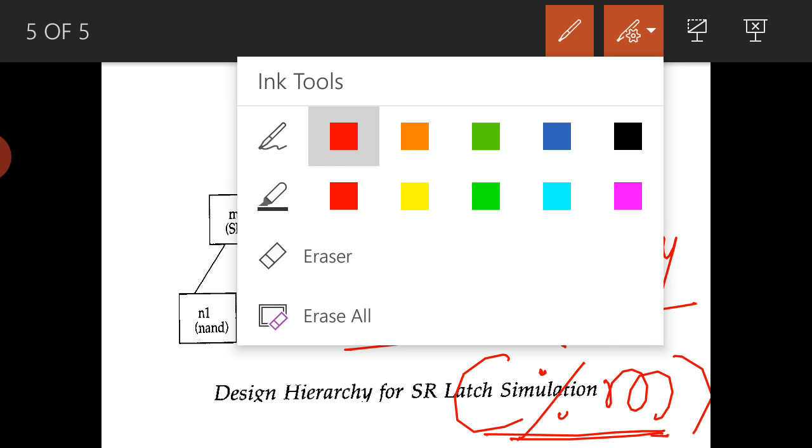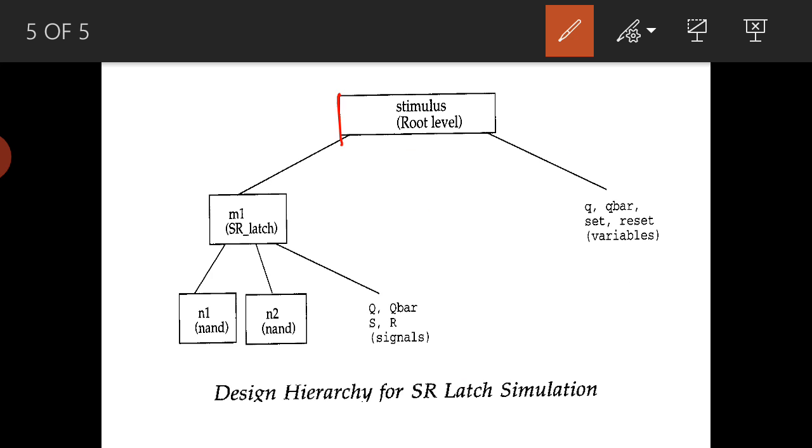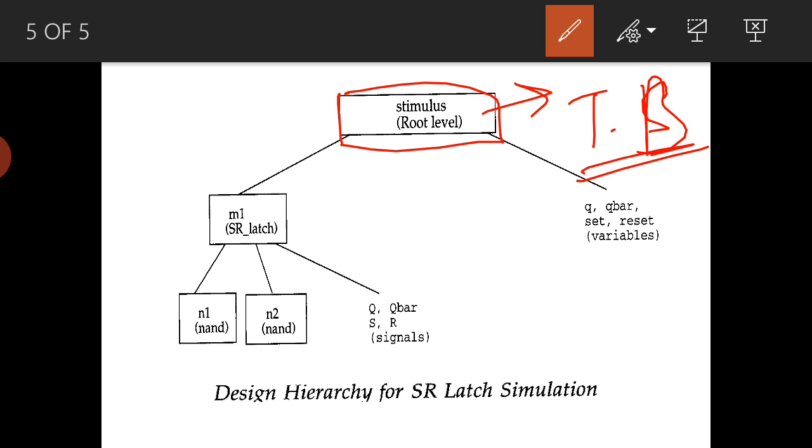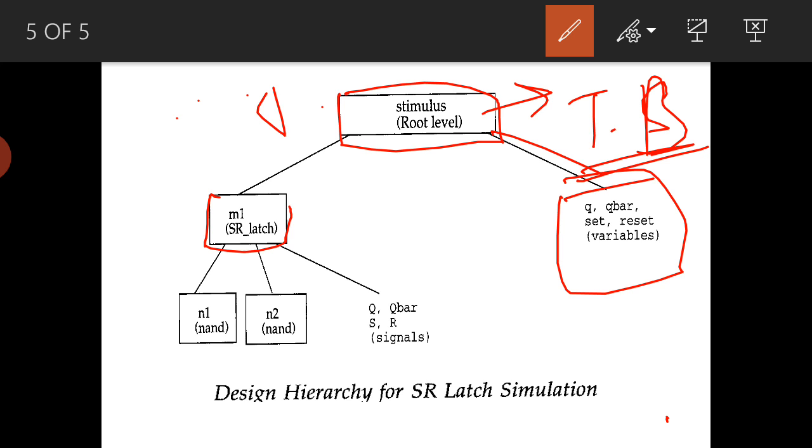So if the tree structure of the module is like this, this is stimulus, the top module, the test bench file. As we have seen in the code, in the top stimulus we need to declare the signals, inputs and outputs as q, q bar, set and reset. In that we are instantiating m1, that is the SR latch.